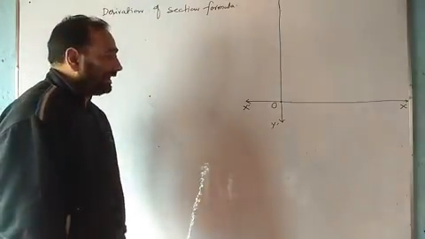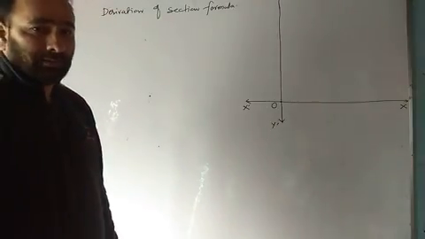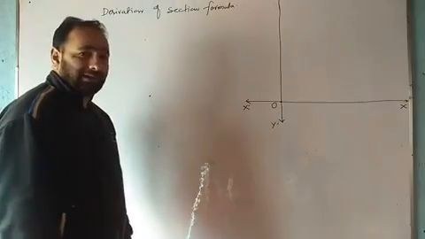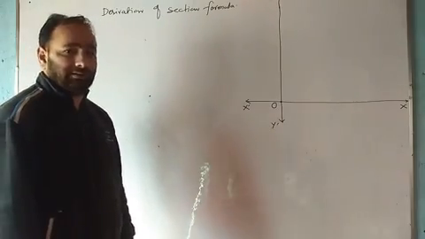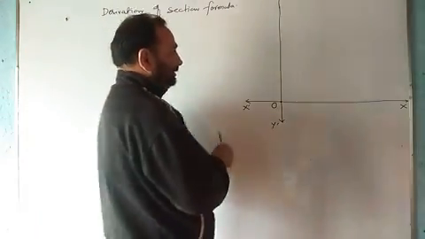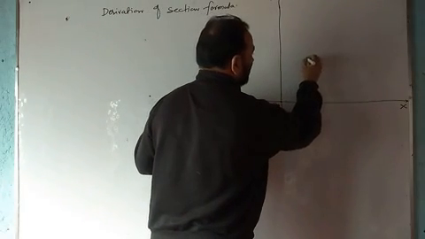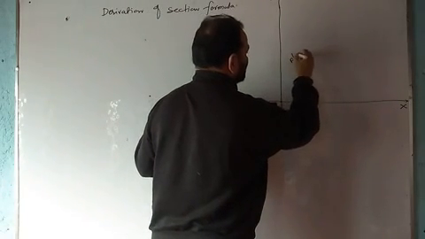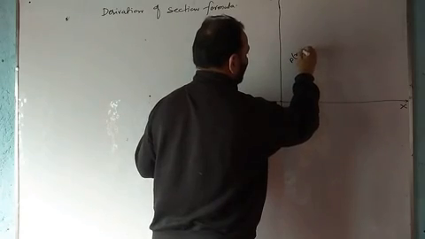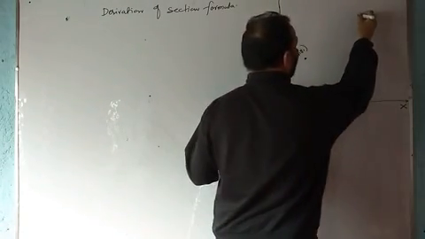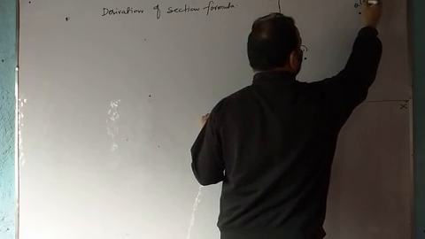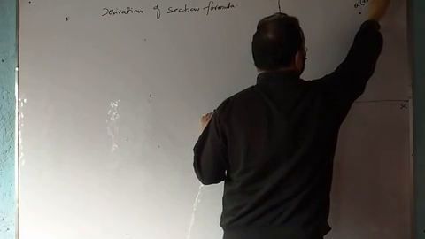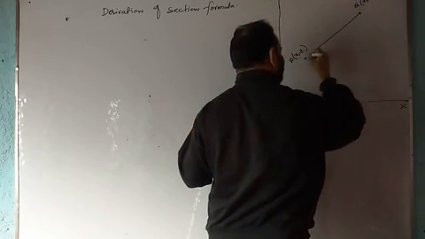I have already drawn the x-axis and y-axis. As for what the section formula is all about, you will understand it while I derive it. Suppose we have a point P over here, its coordinates are x1, y1, and then we have another point over here, name it Q. Its coordinates are x2, y2. When we join them,